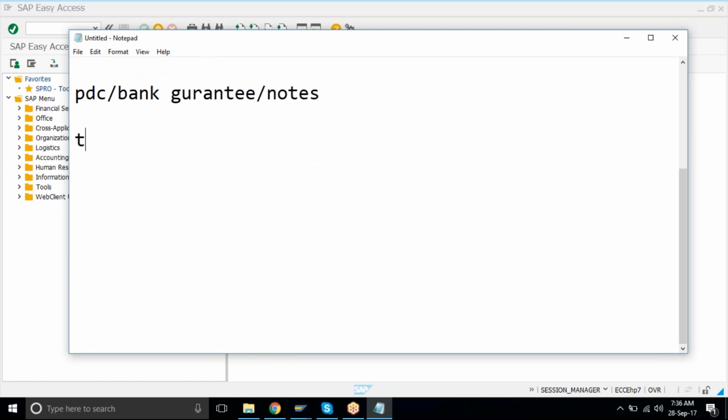Say today you made the sales. The promise to pay is after 40 days. Means in 40 days, your customer is going to pay you money.